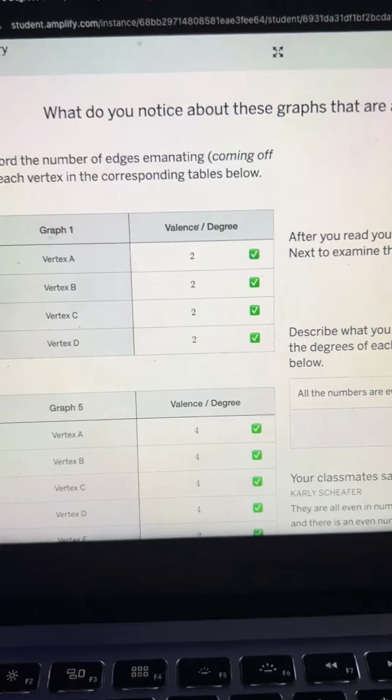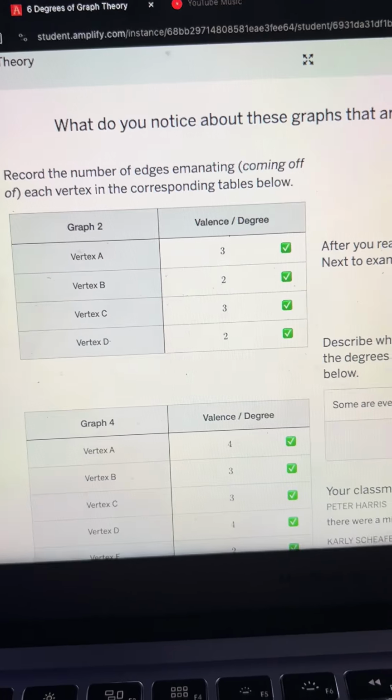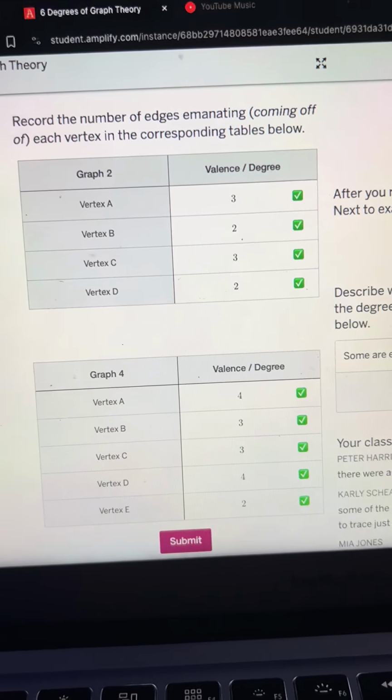And so yeah, these are my tables for slide 9. This is slide 9. This is slide 10. And this is slide